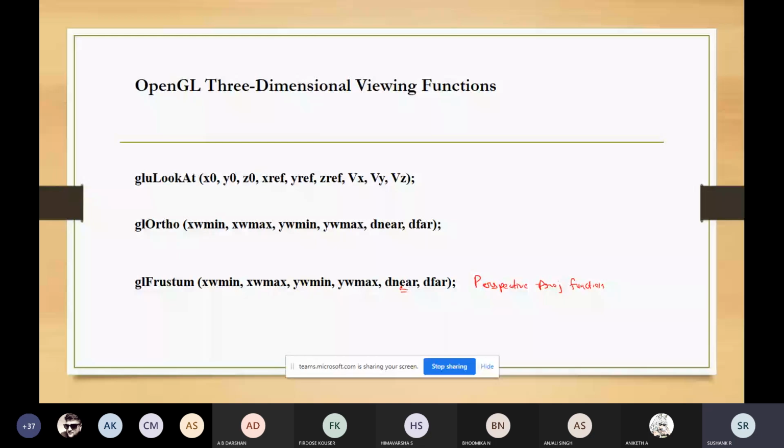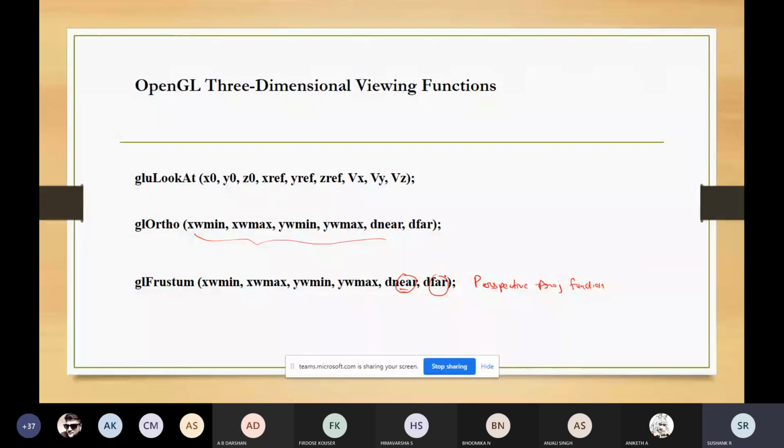So this function has the same parameters as this one. You can check the parameters, but the only difference is the near clipping plane and the far clipping plane must have positive distances. That is the one thing which should be taken care of.